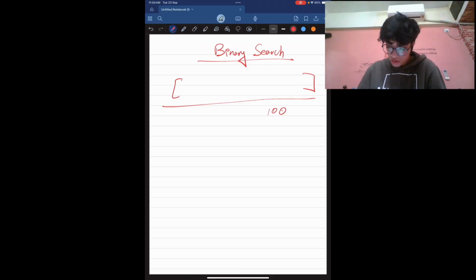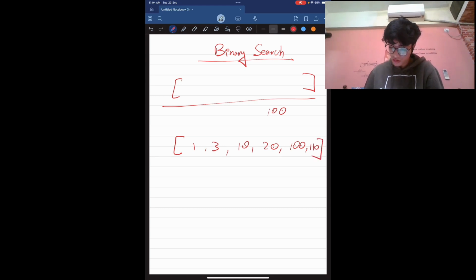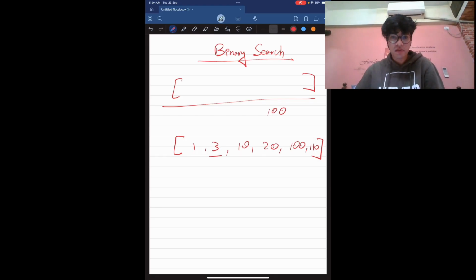So what binary search says is, suppose the array is 1, 3, 10, 20, 100, and 110, and I want to find the element 3. So in here, finding through normal iteration using a for loop would be easier because the element is at second place. But yeah, let's try and search with the binary search algorithm. So what the binary search algorithm says is,